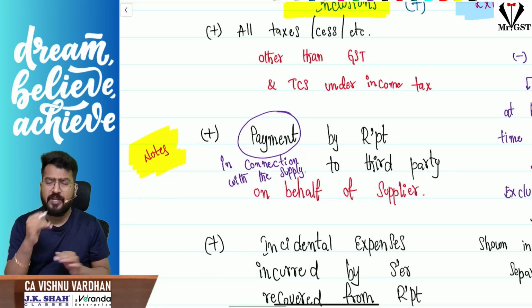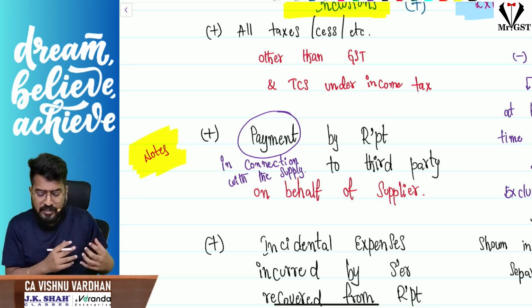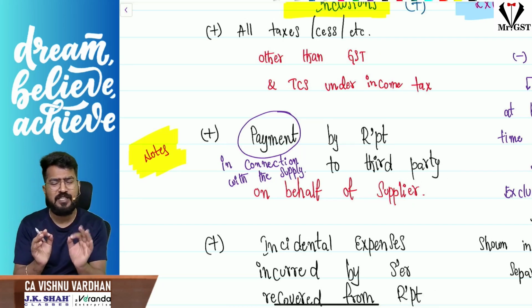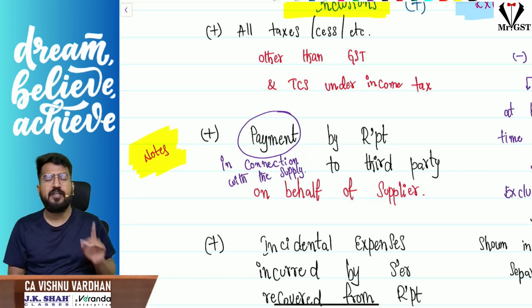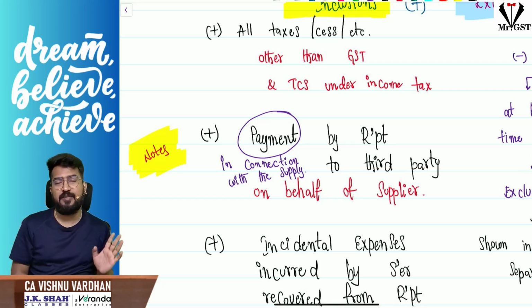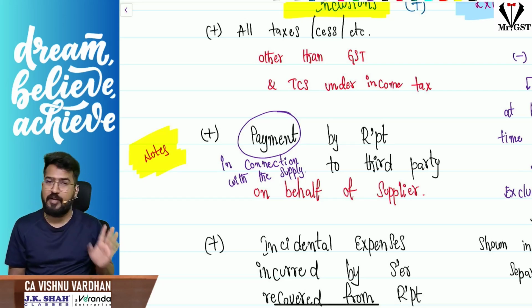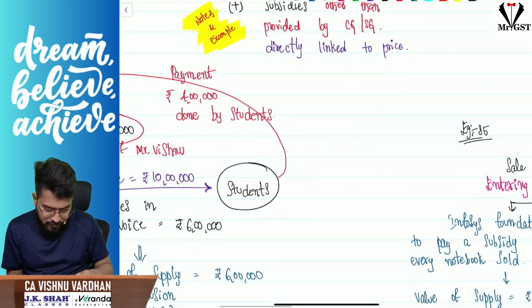Next, number 2: payment made by the recipient which is to be incurred by the supplier. In simple words, an obligation of the supplier discharged by the recipient. If the obligation of the supplier is discharged by the recipient, then that should be added to the value of supply. For example,